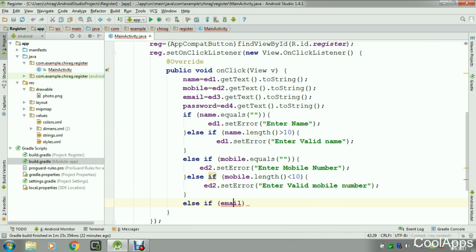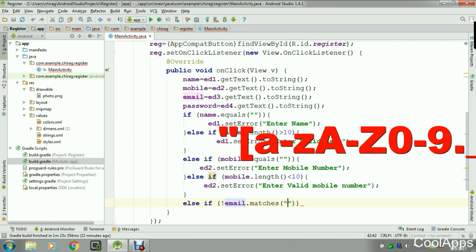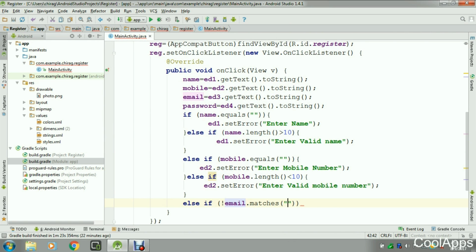So not null, dot matches a to z, small and capital A to Z, 0 to 9, dot, this. After this, plus, this is a formula for how email id works. So plus, at the rate,